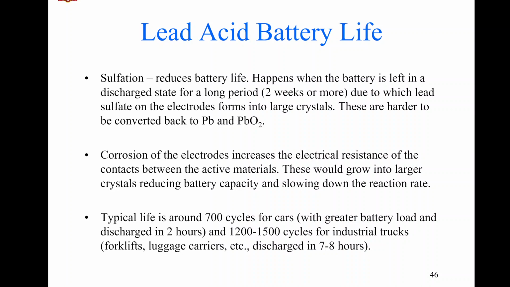This happens when the battery is left in a discharged state for a longer time, due to which the lead sulfate on the electrodes forms into large crystals. If we were to take a look at the reactions which are happening in the battery, these happen on the electrode